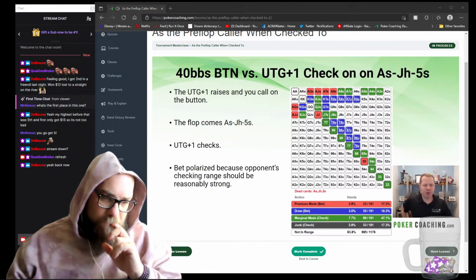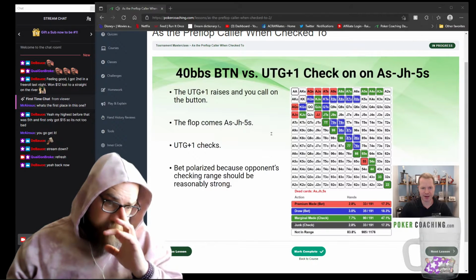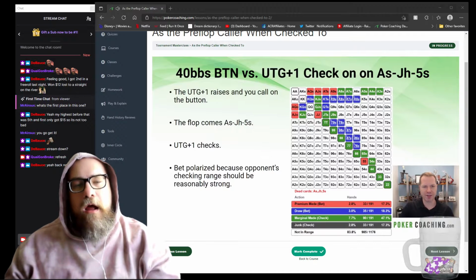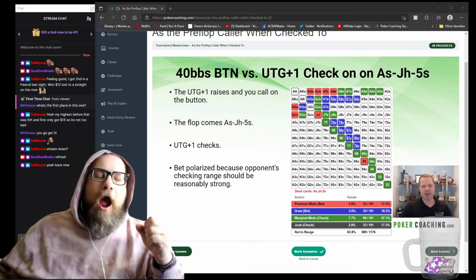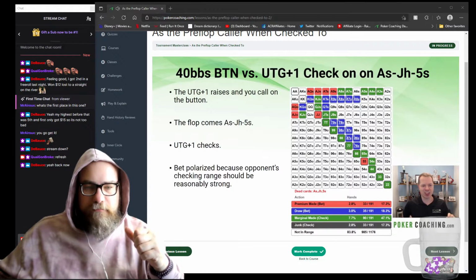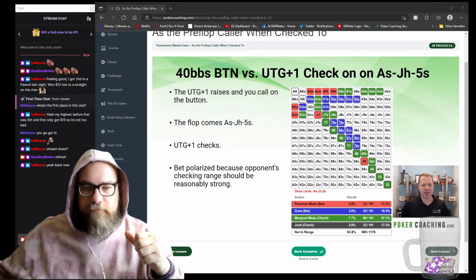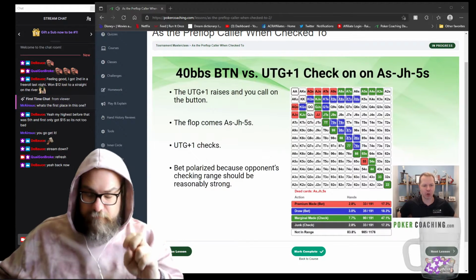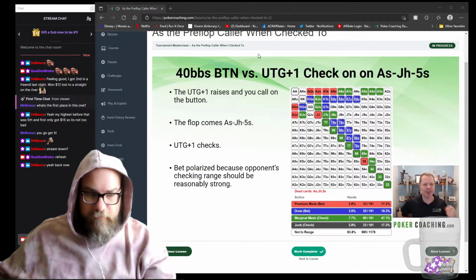So let's say under the gun +1 raises, we call on the button. Notice here that our pre-flop calling range does not contain aces, kings, queens, ace, king, a few random suited bluffs, etc. because we would have 3-bet those hands, right? Make sure you are always referencing the pre-flop charts. So here, under the gun +1 raises, we call on the button. Flop comes ace, jack, 5. When under the gun +1 checks, we now need to bet with a very polarized strategy because the opponent's...